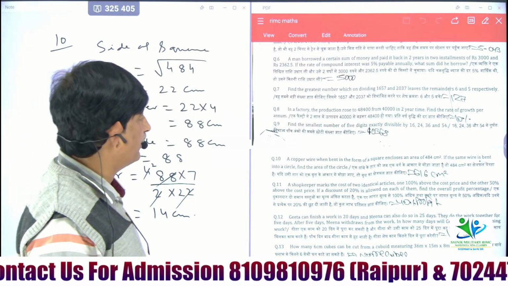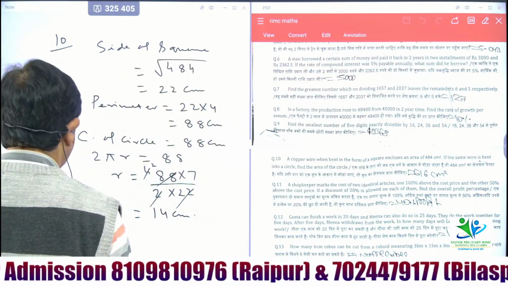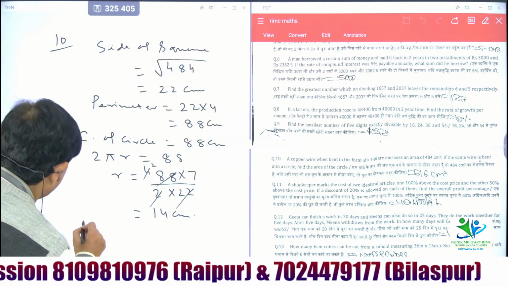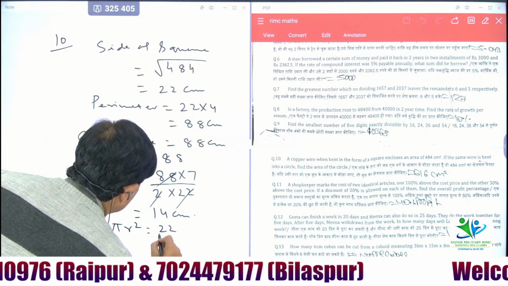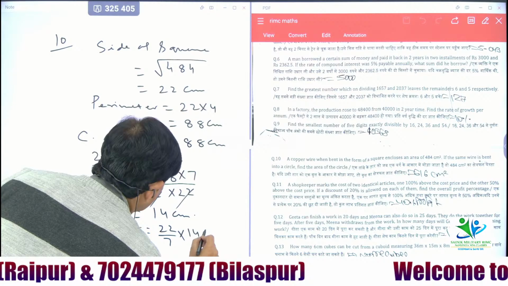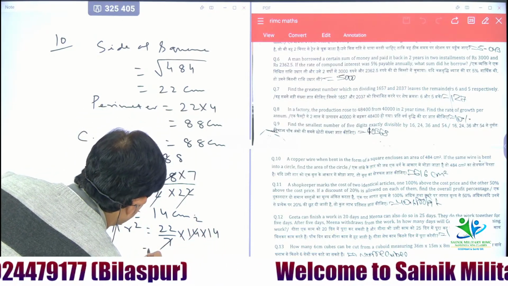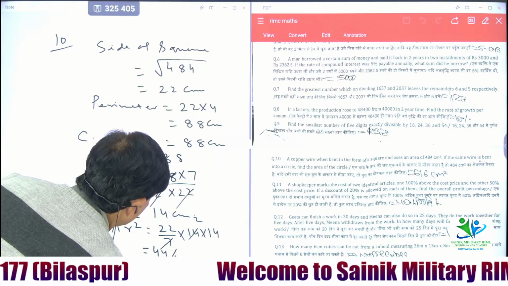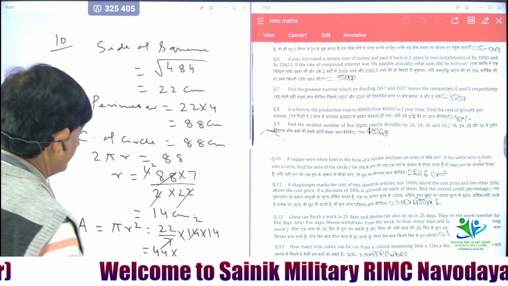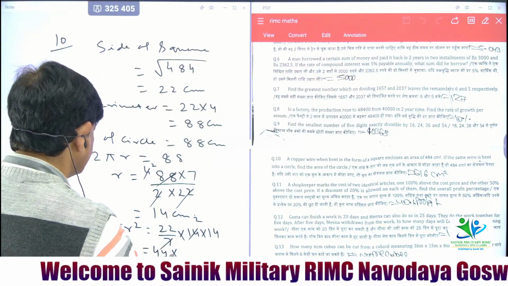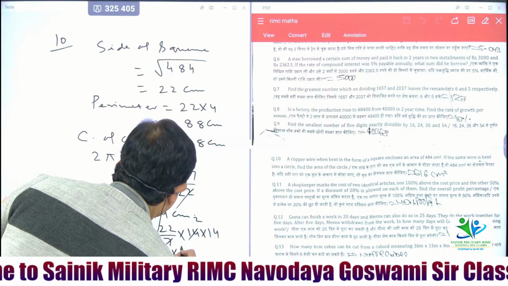And here you have to find the area of the circle. Area of the circle is equal to pi r square. That is 22 by 7, and radius is 14, 14 into 14. Cancel here 2. And from here you get the area of the circle 44 into 14 centimeter. Here cancelled, 7 2 ja 14, so 44 into 14, and that